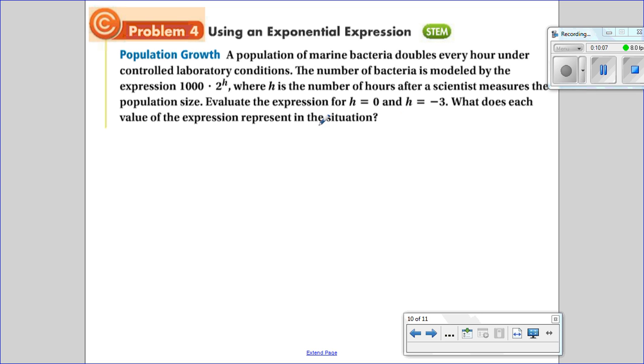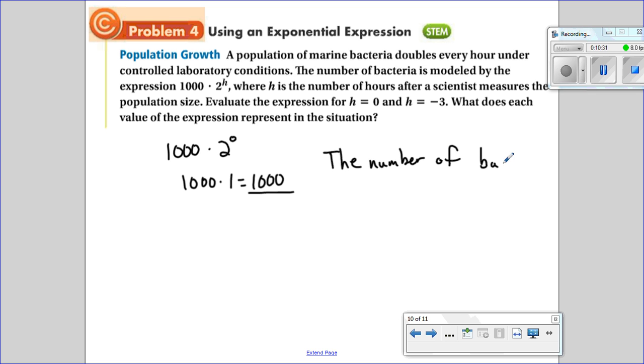So if we plug in 0, you've got 1,000 times 2 to the 0 power is 1, so that's 1,000. What they're asking is, what does that 1,000 represent? That 1,000 represents the number of bacteria,